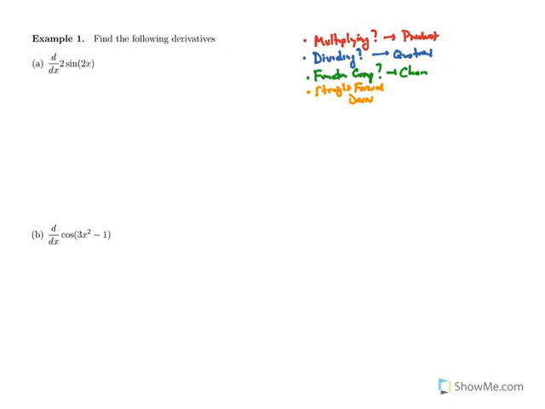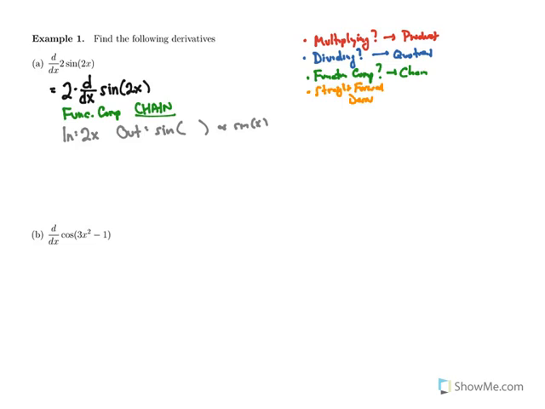So note that for this first problem, you might actually see that that is multiplication, but let's remember that we can just bring constants out in front. We really just have the derivative of sine of 2x. And that is function composition. And we're going to use the chain rule here. So the inside function here is 2x. And it is inside of the function sine of something,